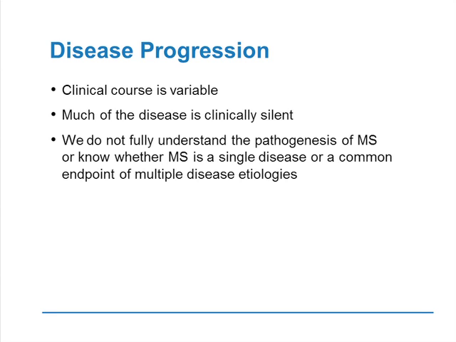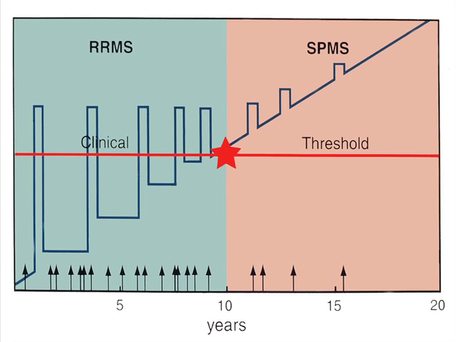We don't fully understand the pathogenesis of MS, and we don't know whether it's a single disease or a common endpoint of multiple disease etiologies. Now, in the next slide, despite this variability in progression, the majority of MS patients, about 80-85%, undergo a biphasic disease. And that is, they start initially with a